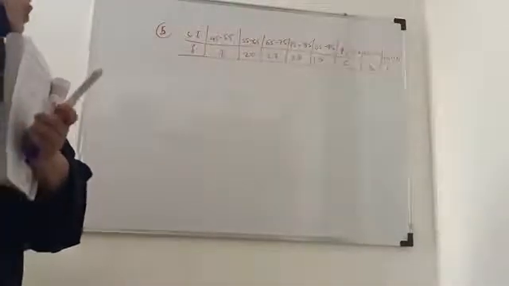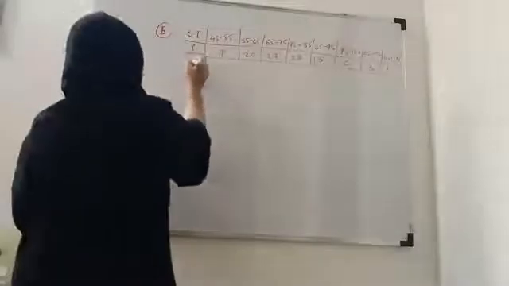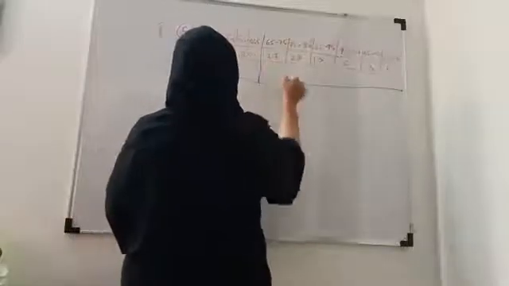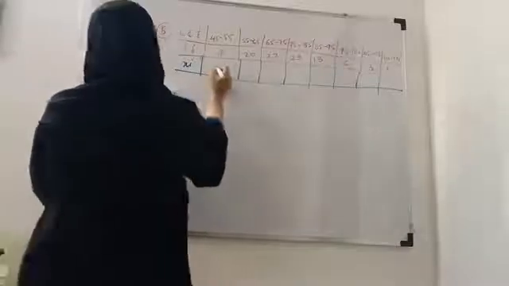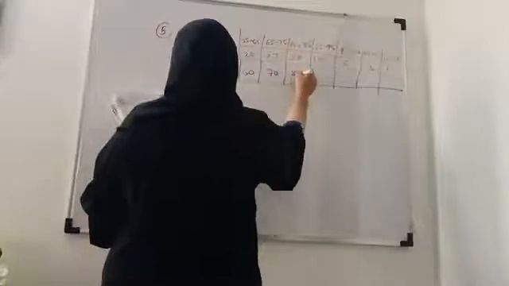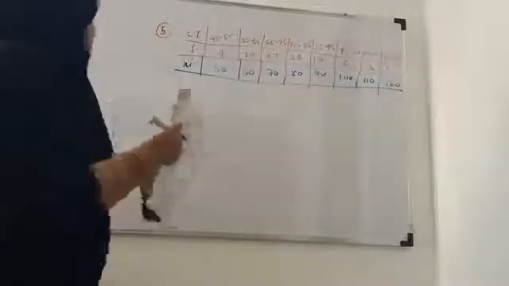So first of all, what we require is xi. xi means the middle point. Okay, so we will calculate over here. (45 plus 55), it will give you 100. 100 divided by 2, it is 50. This will be 60, 70, 80, 90, 100, 110, 120. So these are the xi. Okay, so we will calculate them.